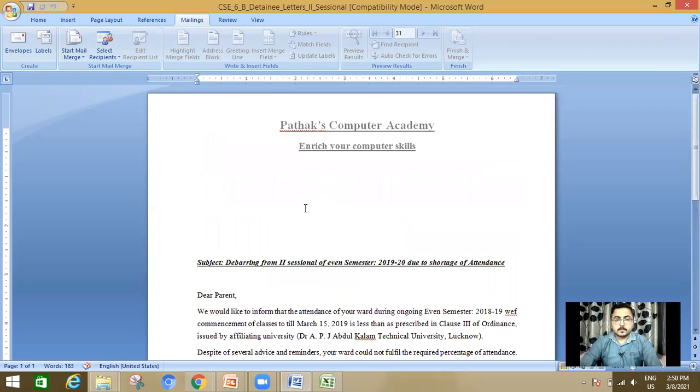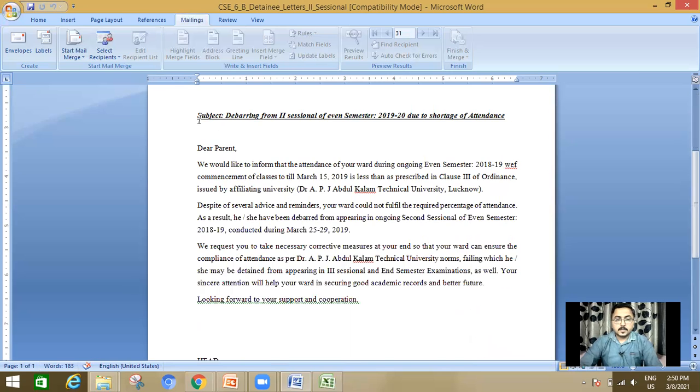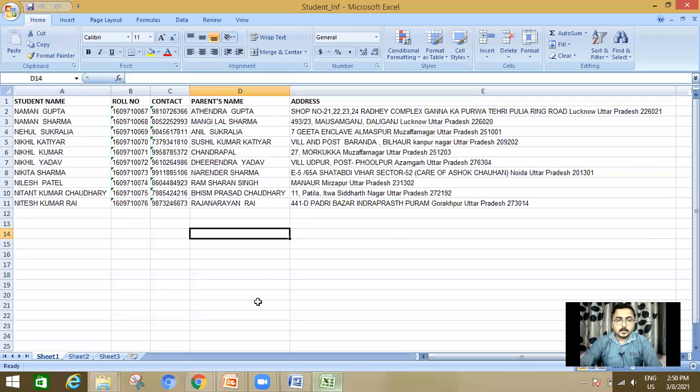So wherever you want an address to be printed, that area should be vacant, like this. And after that, the content of the letter should be written. Okay. Other than this, a workbook is needed where the addresses of the various students are kept.